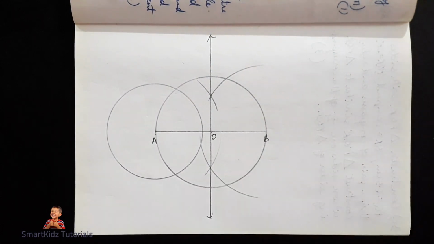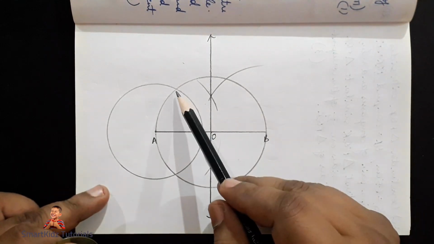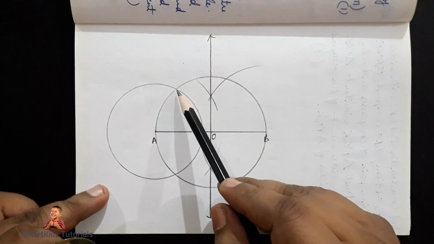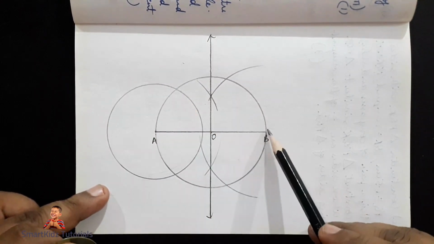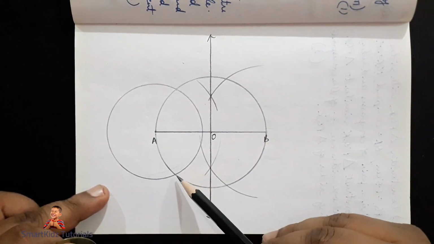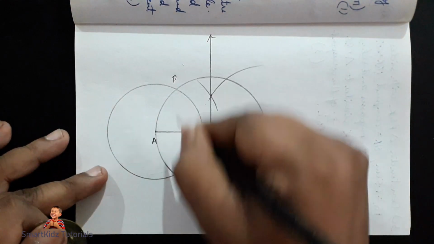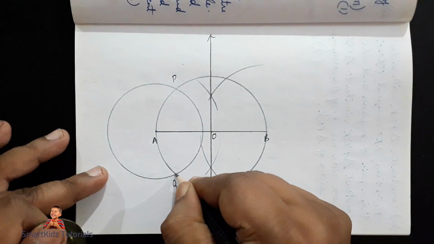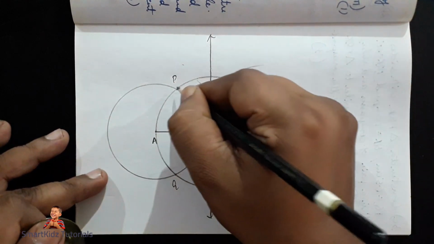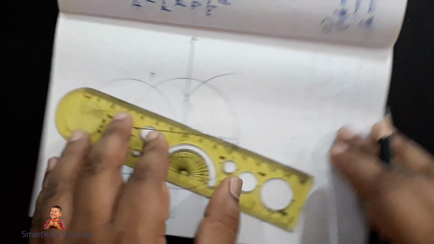Once we get a new circle, all we have to do is draw tangents to this circle. Okay, so it should be from this point till this point and from this point to here. So I'll mark this as, let's say, P, and this point as Q. This point here, this point here,